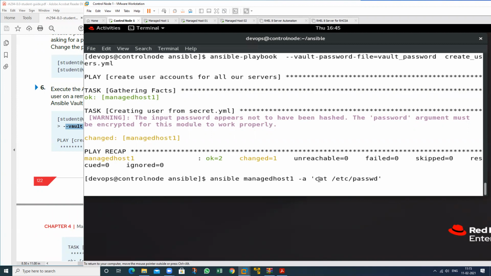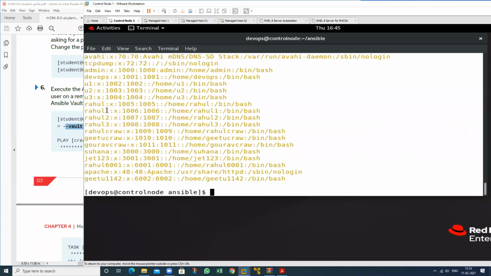See this one, Rahul. The user has been created. This is Rahul 1, 2, 3; these are separate, others. You created just now Rahul, right? Yes, I have created this particular user.